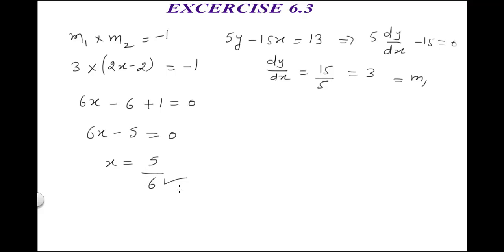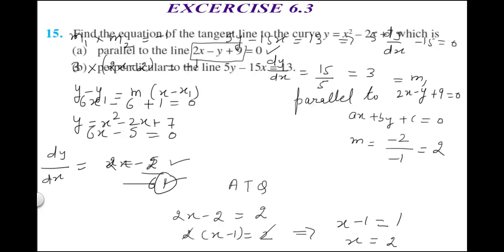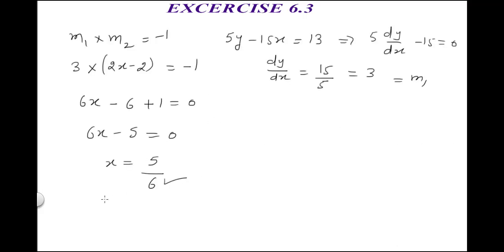Now I am giving you a hint how you are going to complete the question. You know the equation of the curve, right? It is given to us in the question. Clear? You have to put the value of x there and you will find the value of y. You will have the slope of tangent, which was 2x minus 2, and you have the points x1 and y1. You just have to place them in the equation and you are going to find your equation. Clear? So only the points will vary. Let us go to another question now.